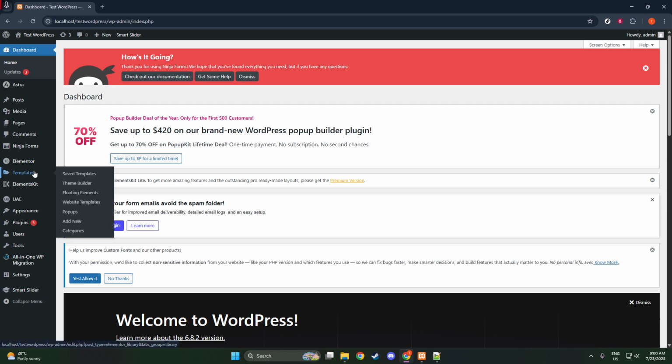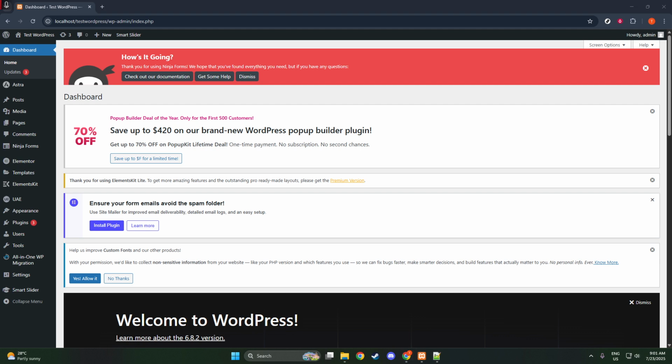To start, you'll need to log into your WordPress dashboard. Once you're in, direct your attention to the left-hand side where you will see a menu. From there, navigate to Templates, and under that, you'll find Website Templates. Alternatively, you can access the Elementor editor directly. Just click on the folder icon, which is usually located near the bottom left of your screen, and then open